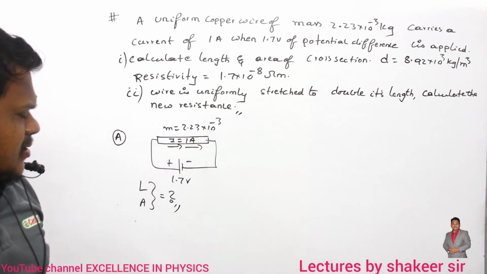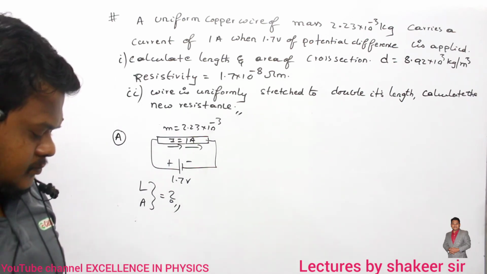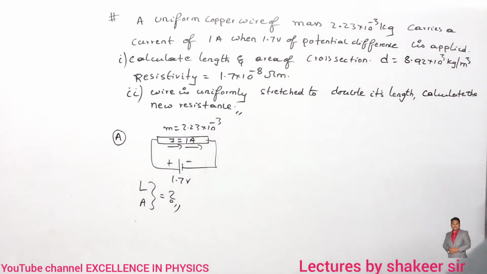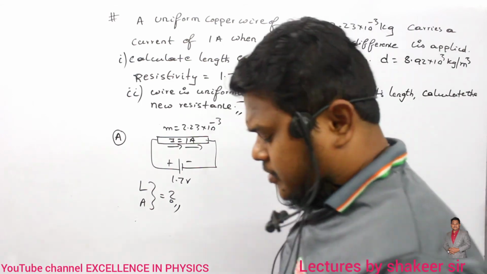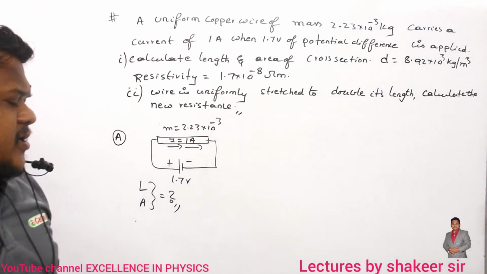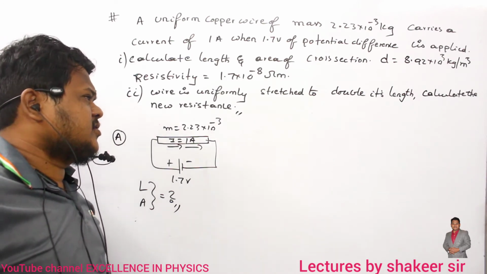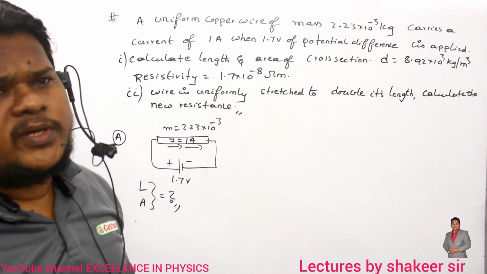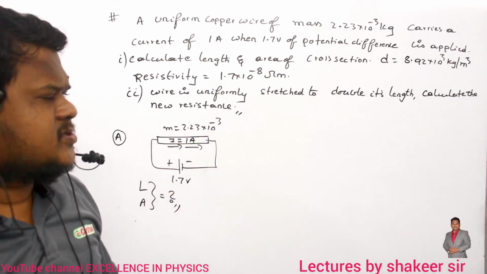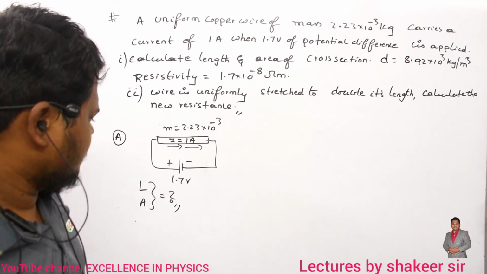Resistance, okay. After calculating resistance, what can you do? Correct. What you are thinking is correct. Very good. So R is equal to rho L by A, no? From that you will get L by A. And from density you will get A into L. Clear? So just by using those two conditions, you can calculate the area of cross section and length. That's all. Clear?